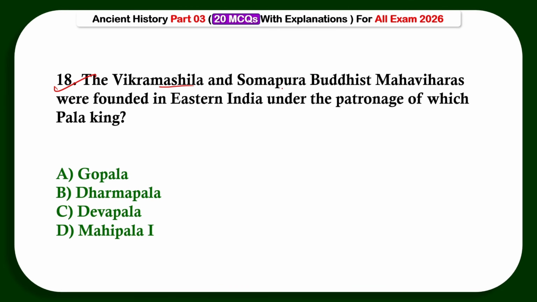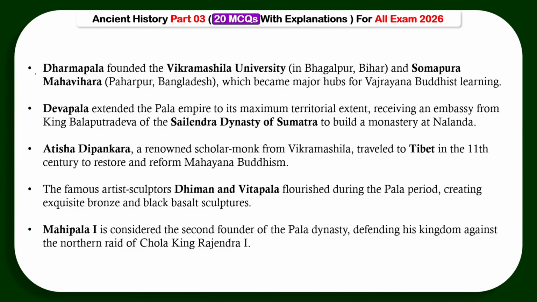18. The Vikramshila and Somapur Buddhist Mahaviharas were founded in eastern India under the patronage of which Pal king? Option number B. Dharmapal. Dharmapal founded the Vikramshila University in Bhagalpur, Bihar, and Somapur Mahavihar, Paharpur, Bangladesh, which became major hubs for